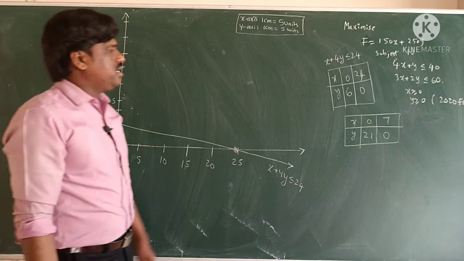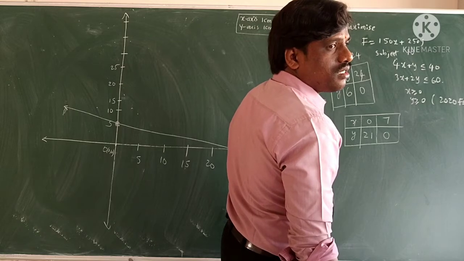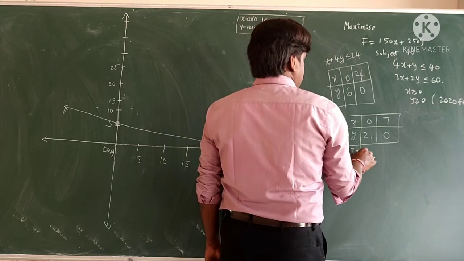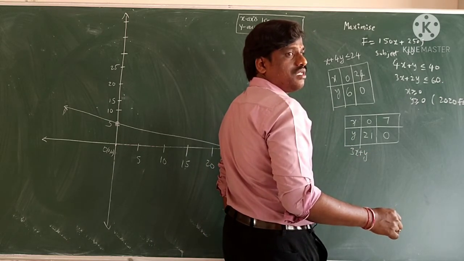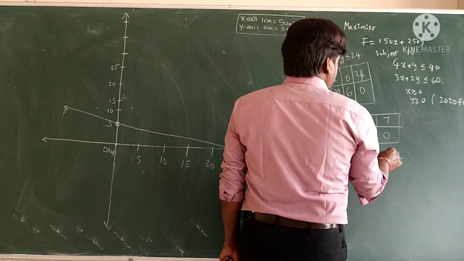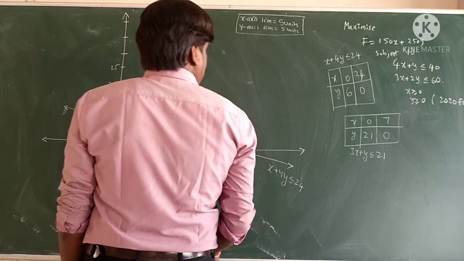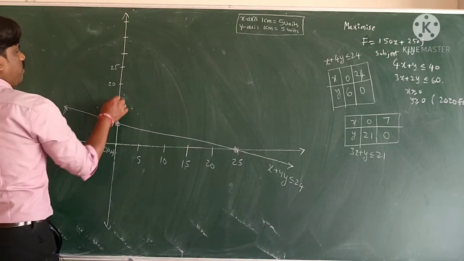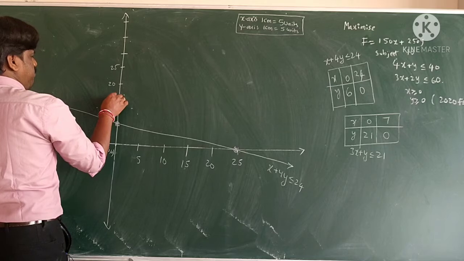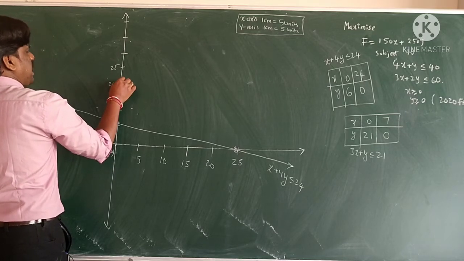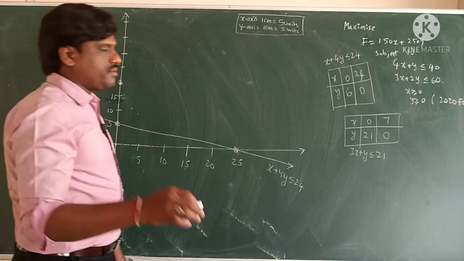Next point, what is the line name? Name of the line: 3x plus y less than or equal to 21. Are you sure? If x is 0, y is 21. X is 0, y is 21 means, see, actually my graph is not perfect. This graph is not perfect, so 21 is here. The scale is not perfect, it depends on the scale. In your graph paper it looks proper.